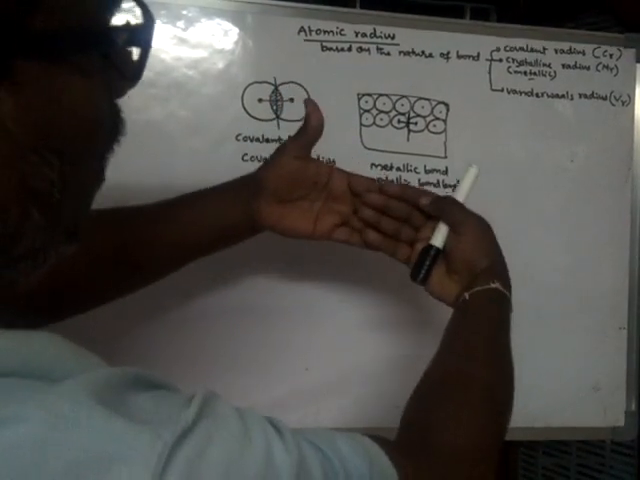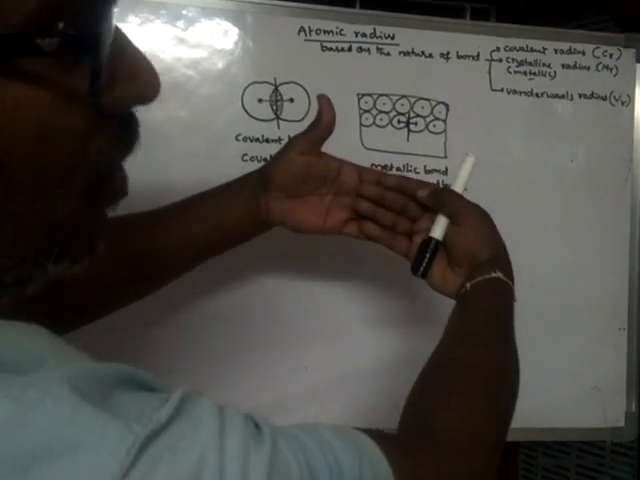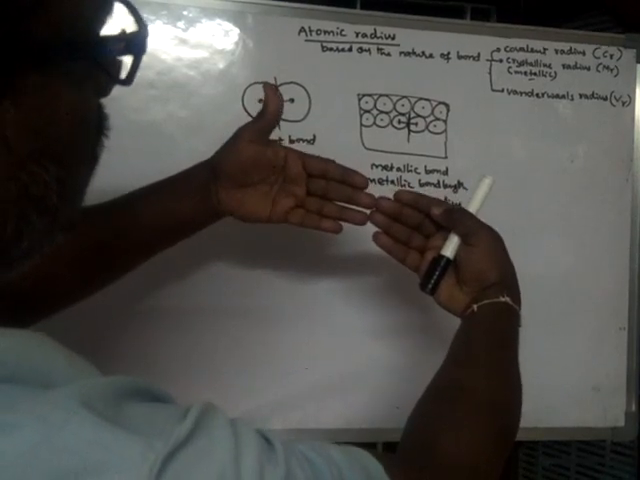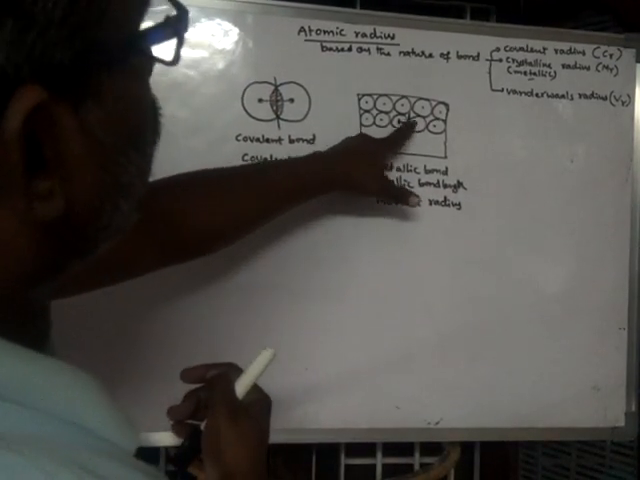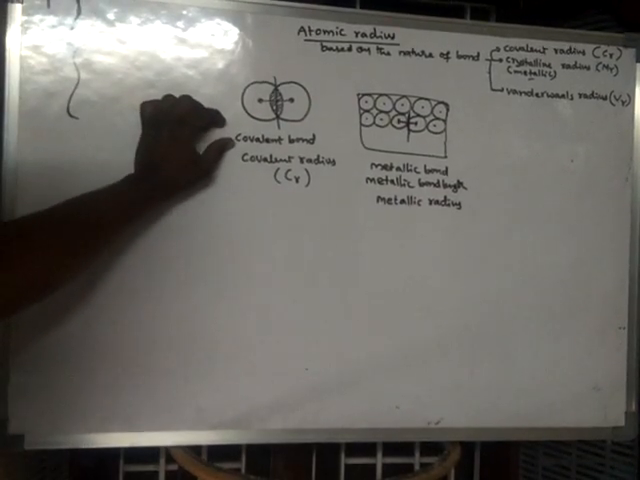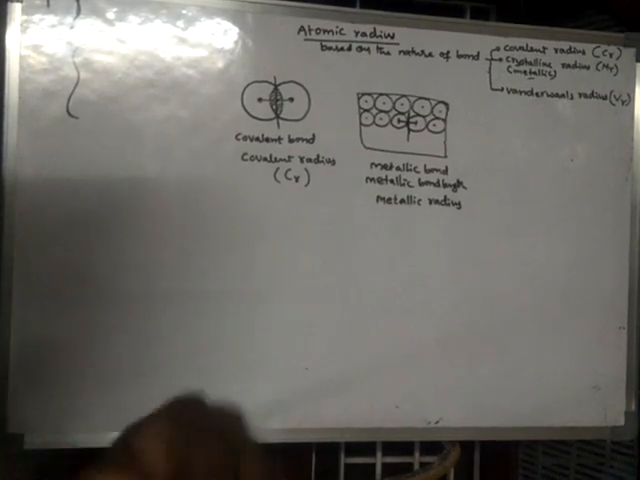So atoms are not merged. In metallic bond, atoms are not merged. So hence atoms simply touch each other. That means there will be more distance between the two nuclei in metallic bond when compared to covalent bond. Okay. So from this it is understood that metallic radius